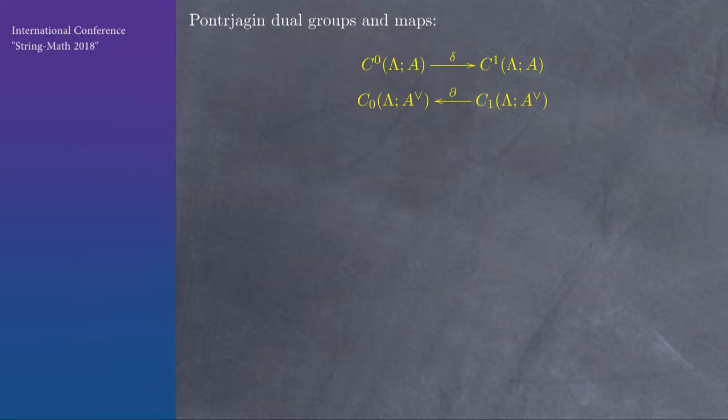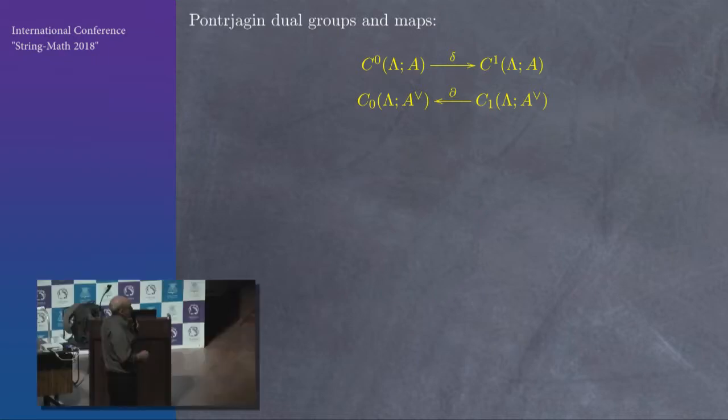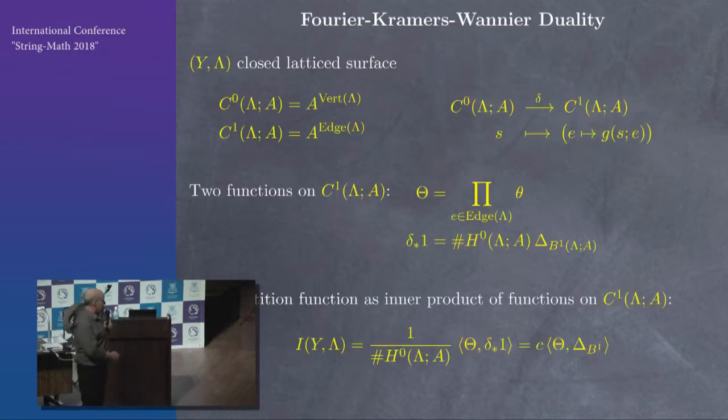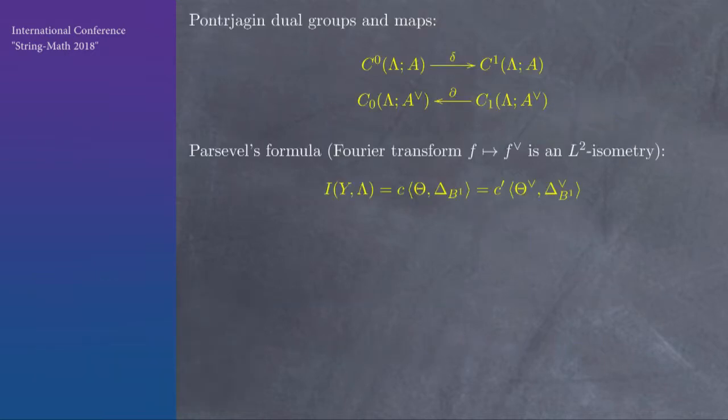But once we do that, well, so here's the cochain complex. It has a dual chain complex. These are then Pontryagin dual groups where I take coefficients in the dual group. And in particular, we can take the Fourier transform from functions here to functions here. And one of the basic properties of the Fourier transform is that it's an isometry. And since we express the Ising partition function as an inner product, then that inner product can be re-expressed as the inner